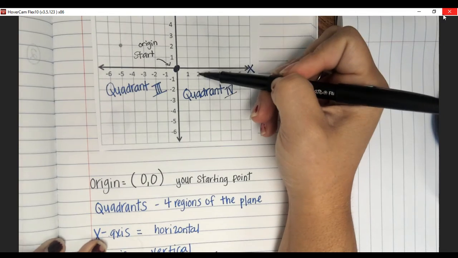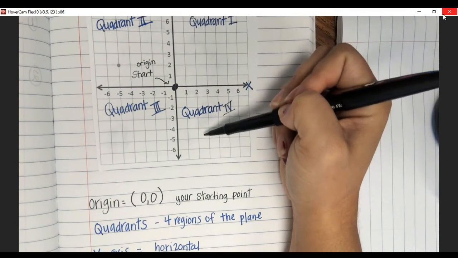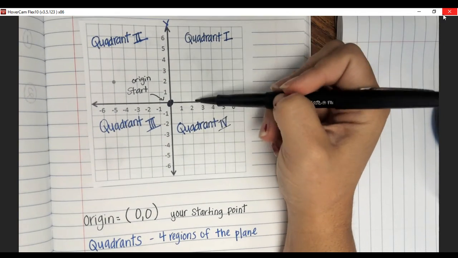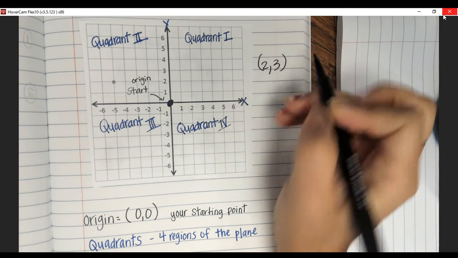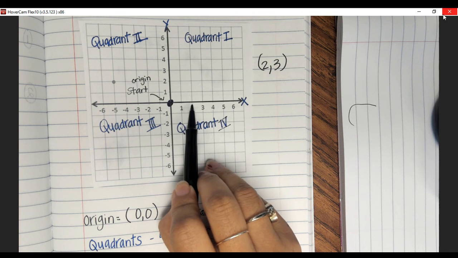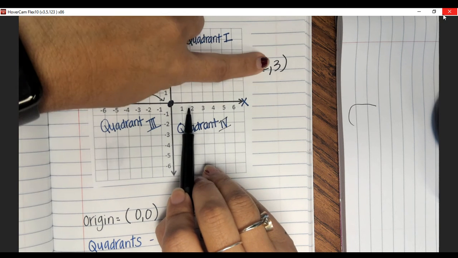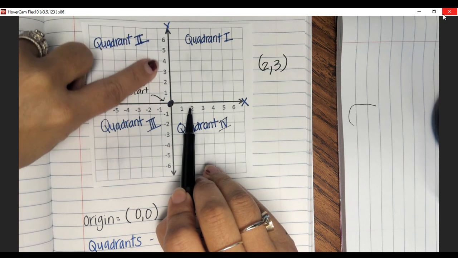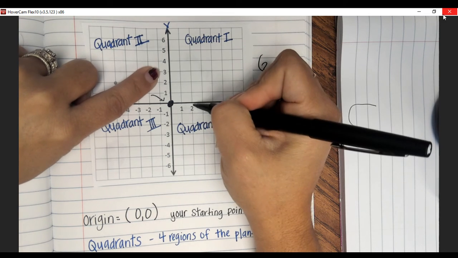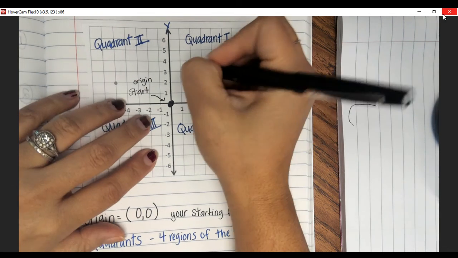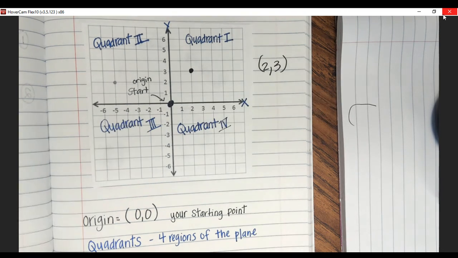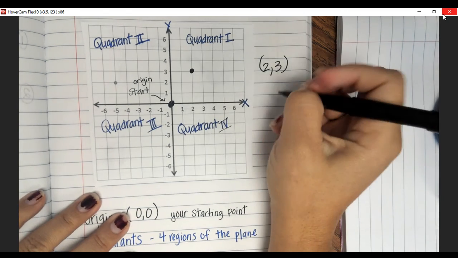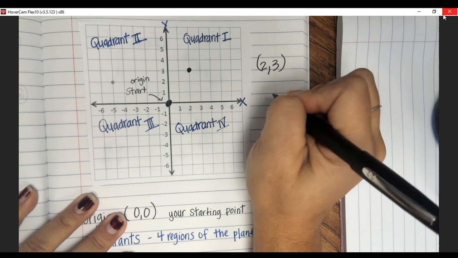And then my Y is going to be my vertical. So if it's (2, 3), I'm going to move 1, 2. And then since the 3 is positive, I'm going to go where the positive integers are. 1, 2, 3. And that is how I graph coordinates. So if I wanted to do another one, let's say